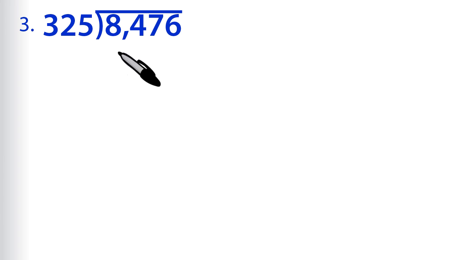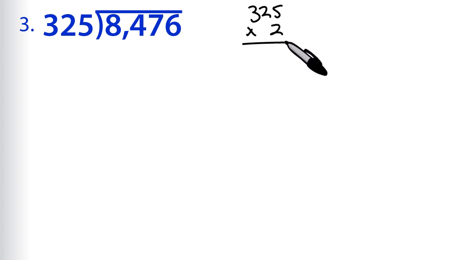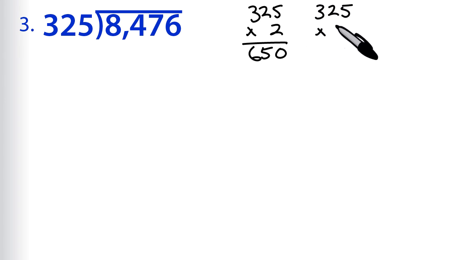For problem 3, we have 8,476 divided by 325. So once again, these are big numbers, which is a perfect division problem for the partial quotients method. And so once again, we're going to start by picking our multiples, and we'll get a multiple of 2 again. So we have 325 times 2. We'll just double that, so that will be 650. And then let's go ahead and double that again. So we'll have 325 times 4, and 650 doubled is